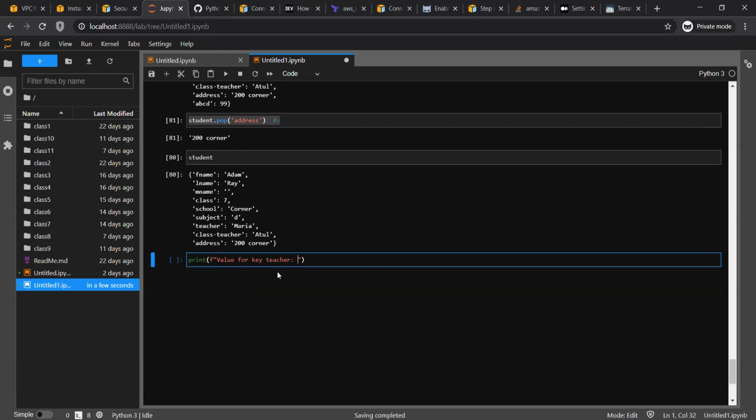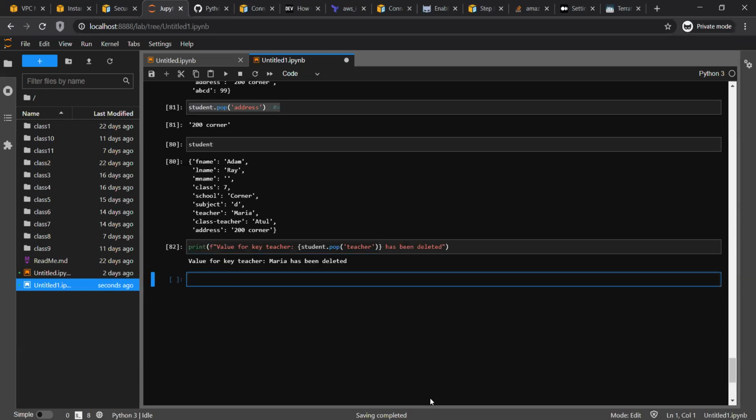Okay, now I wanted to know the values. Well, I'll do this. Here I write teacher has been deleted, and I'm missing something. I think that's good. Okay, now the benefit of that pop method is this.